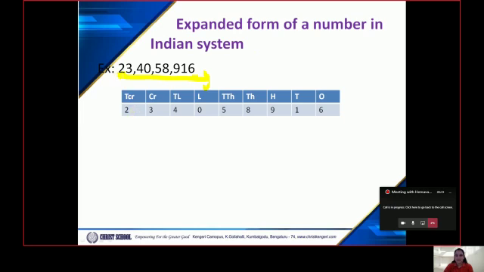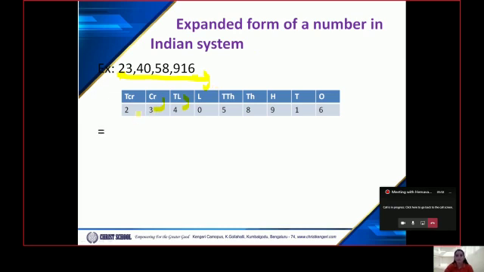Same thing, we are going to start from 2. So 2 is appearing in the 10 crore place. So 2 into 10 crore is 20 crores. And 3 is appearing in crores place. So 3 into crore is 3 crores, and then in the 10 lakhs place, we have 4. 4 into 10 lakh is 40 lakhs. Likewise, it goes. It's very simple, right, children? 0, wherever it is appearing, if you multiply with the place, you are going to get 0 itself.